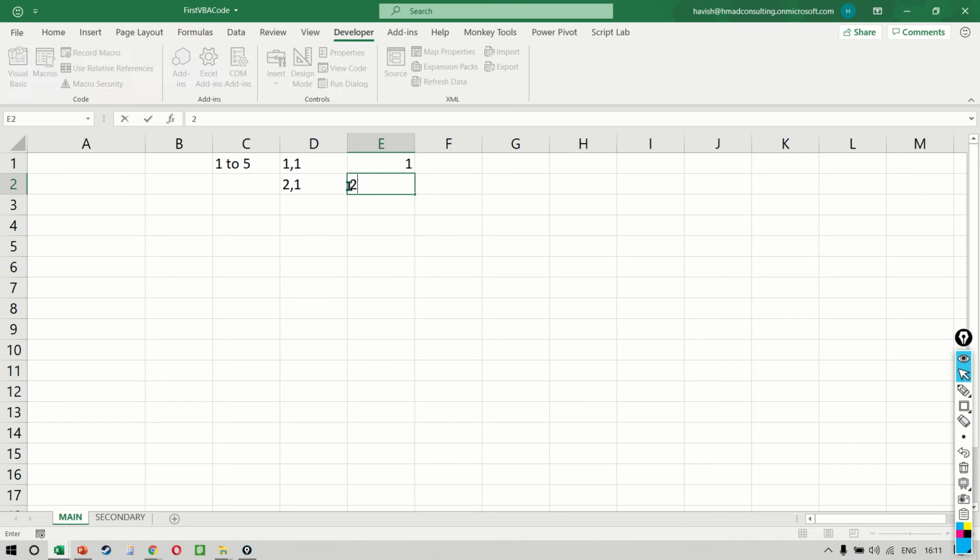In 2 comma 1, we want 2. And you get the idea, right? So we want 3 comma 1 to be 3, 4 comma 1 to be 4, and then finally 5 comma 1 to be 5. So if you notice, the column number is not changing. It is 1 in all the 5 rows, but the row number keeps on changing, where the minimum is 1 and the maximum is 5.